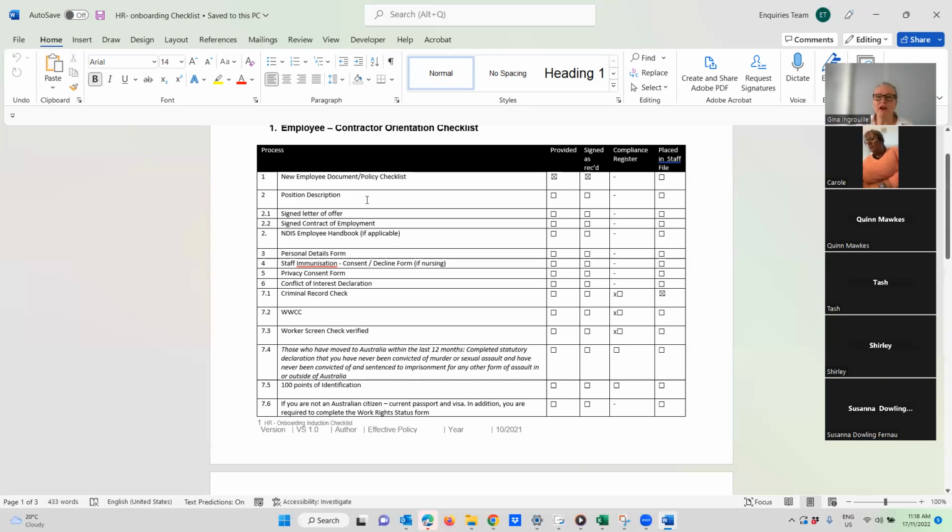If you've got support worker, frontline level, basic level, and then you've got key worker or team leader or senior support worker, every person must have a position description, full stop. Signed letter of offer or their employment contract. Really, it doesn't have to be a signed letter of offer and an employment contract. Really, one or the other.